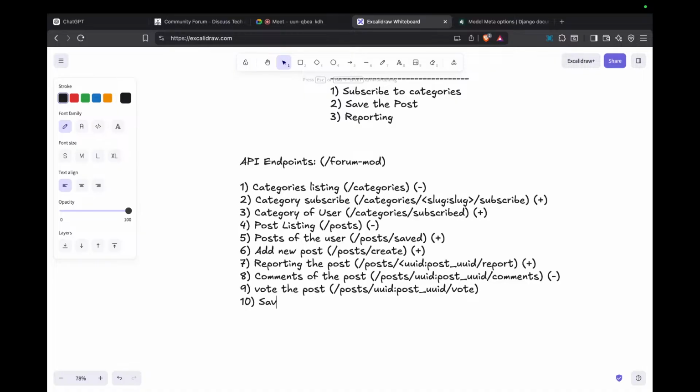And similarly, saving the post: post slash uuid, post uuid, slash save, and these are authenticated APIs. Now this is also authenticated. And one more API we need to